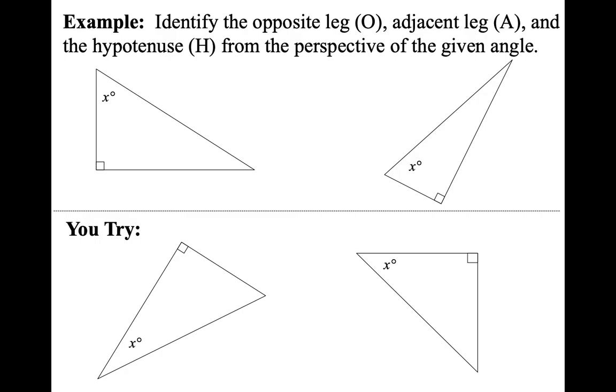So if we take a look at the first triangle, this is the upper left. We see where the right angle is. It's always important to note that. So the two sides that make up the right angle are the legs. The hypotenuse is always opposite. If we're looking at x as our reference angle, for our opposite leg, we would go across the triangle. Our adjacent leg is next to it, and the hypotenuse is always across from the 90-degree angle.